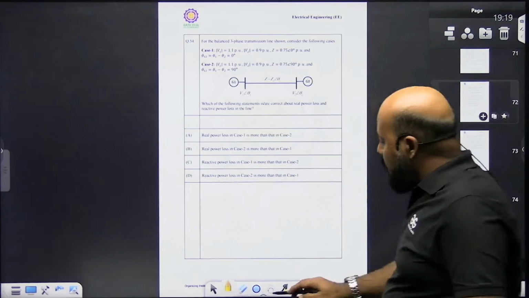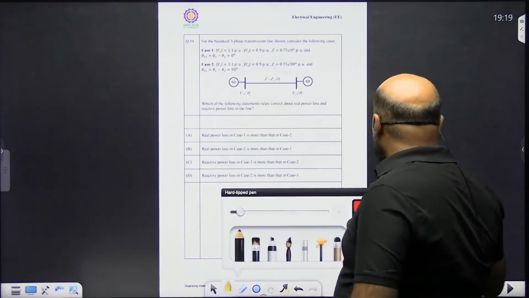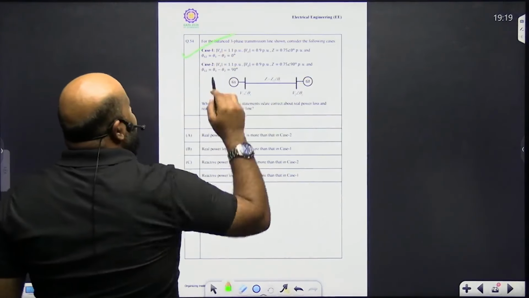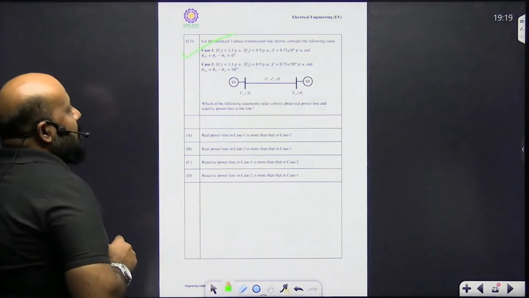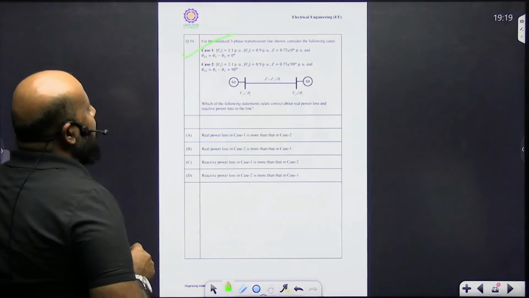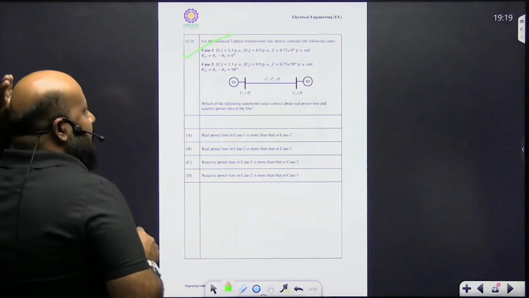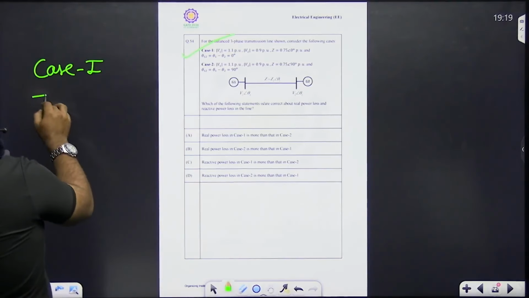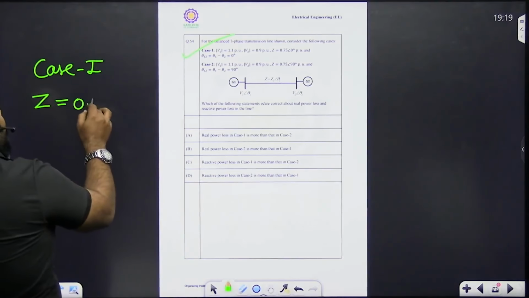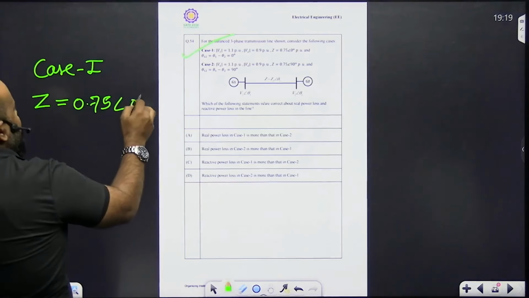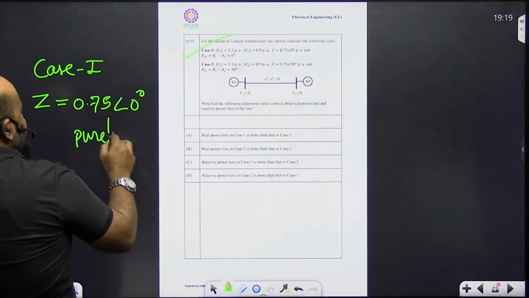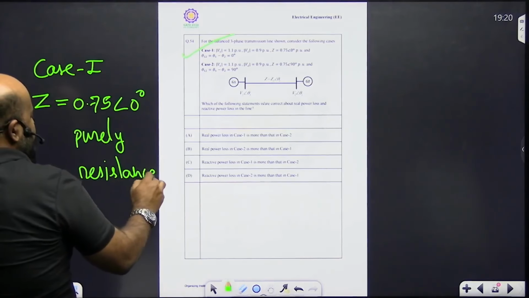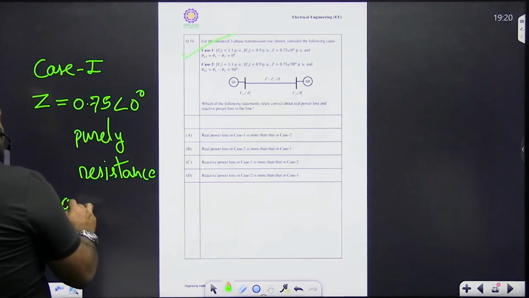अब देखो ये बड़ा आसान क्वेश्चन है। इस क्वेश्चन में उसने क्या किया? दो केसेस दिए। एक केस दिया है जिसमें वोल्टेज मैग्नीट्यूड दे रखा है सेंडिंग एंड जनरेटिंग, मतलब G1 के एंड और G2 के एंड पे, और बीच में Z दे रखा है। तो देखो जो केस 1 दे रखा है, केस 1 में देखो लाइन का इंपीडेंस क्या दे रखा है? 0.75 एंगल 0, मतलब ये क्या हो गया? प्योरली रेजिस्टिव। इसमें पेन भी चलाने की जरूरत नहीं थी।